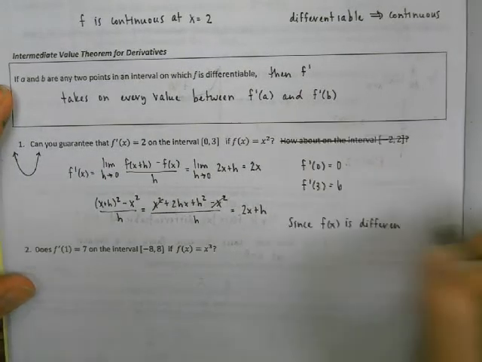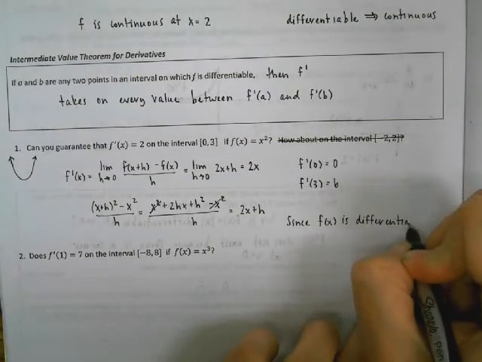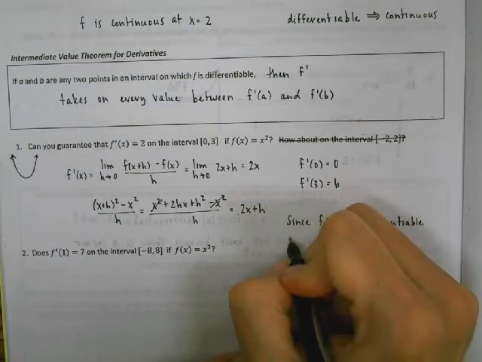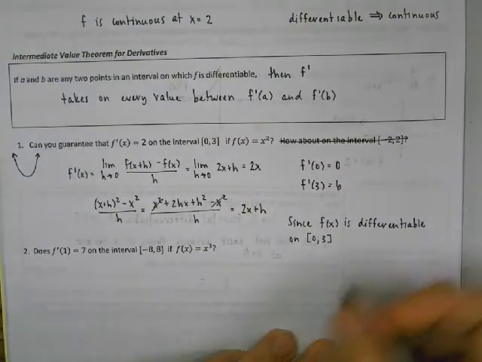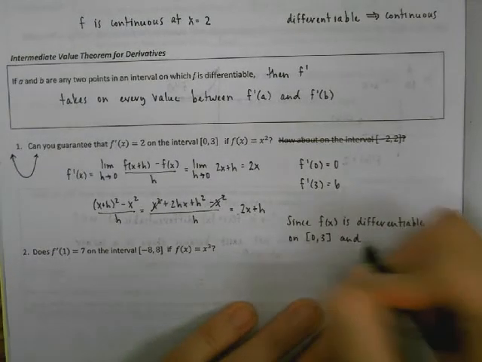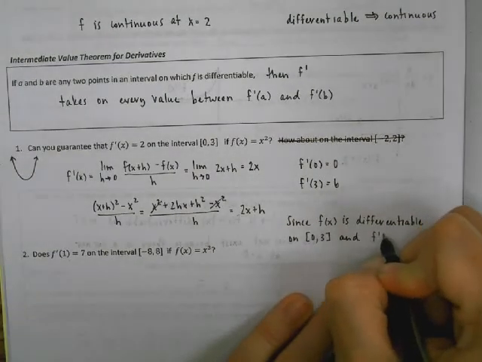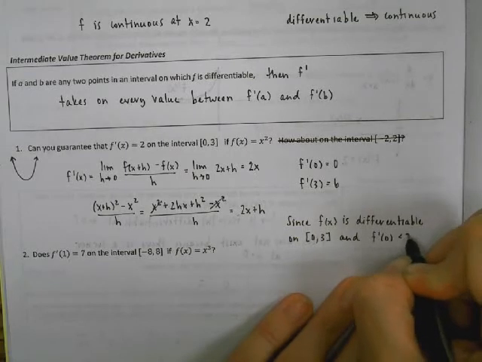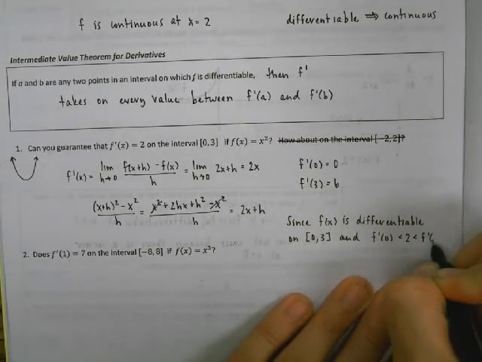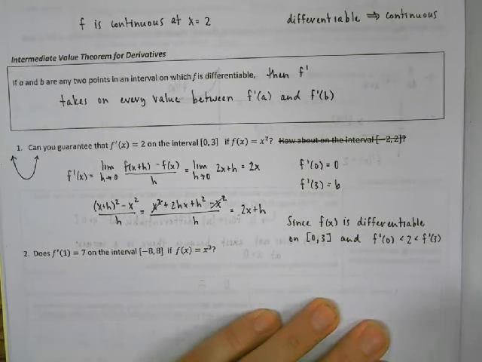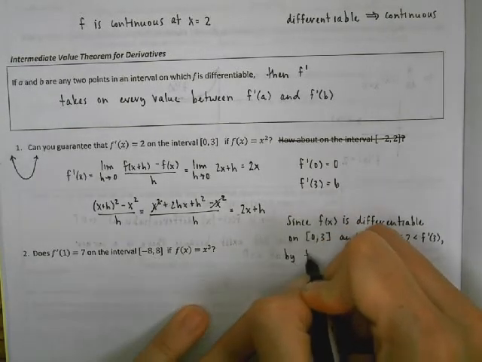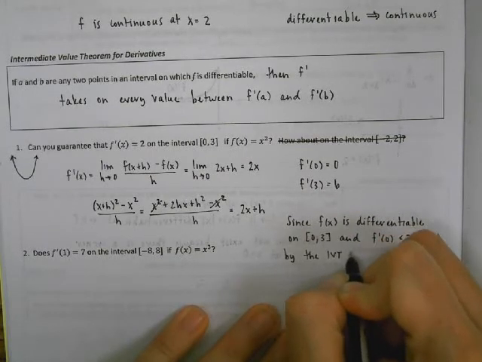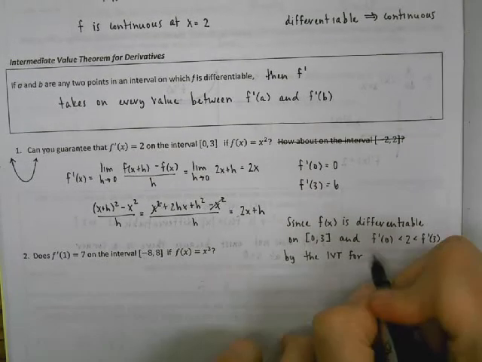I have to be differentiable on my interval. And we know our value 2 is in between f prime of 0 and f prime of 3. There's my two conditions. We can say that by the IVT for derivatives